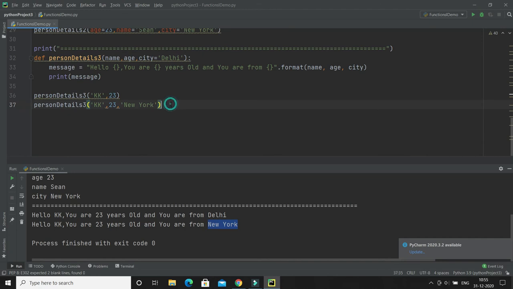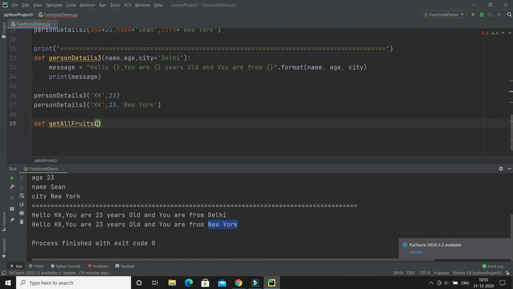Now the next thing we are going to look at, guys: when you define any function, you can pass any type of parameter. What I'm trying to say is, you can send any data type of argument to a function, a string, number, list, any kind of collection, and it will be treated as the same data type inside the function. Let's say if you send a list as an argument, it will still be a list when it reaches the function. So let me show you. Let's say I'm going to define a function, get all fruits.